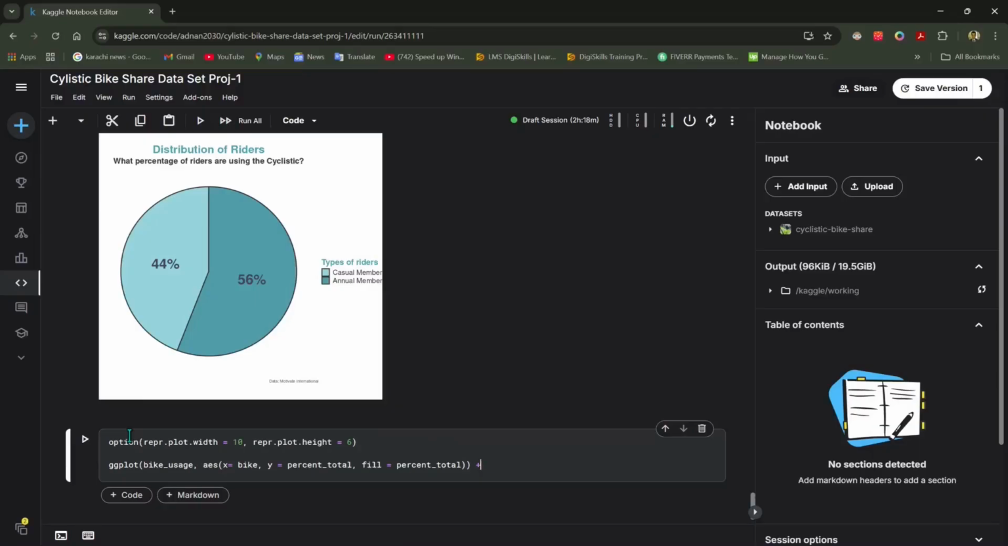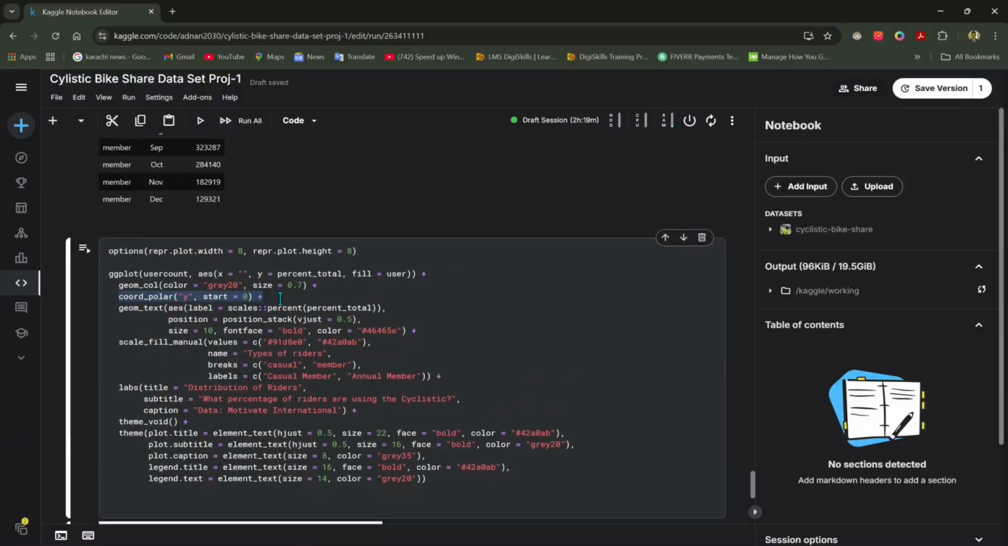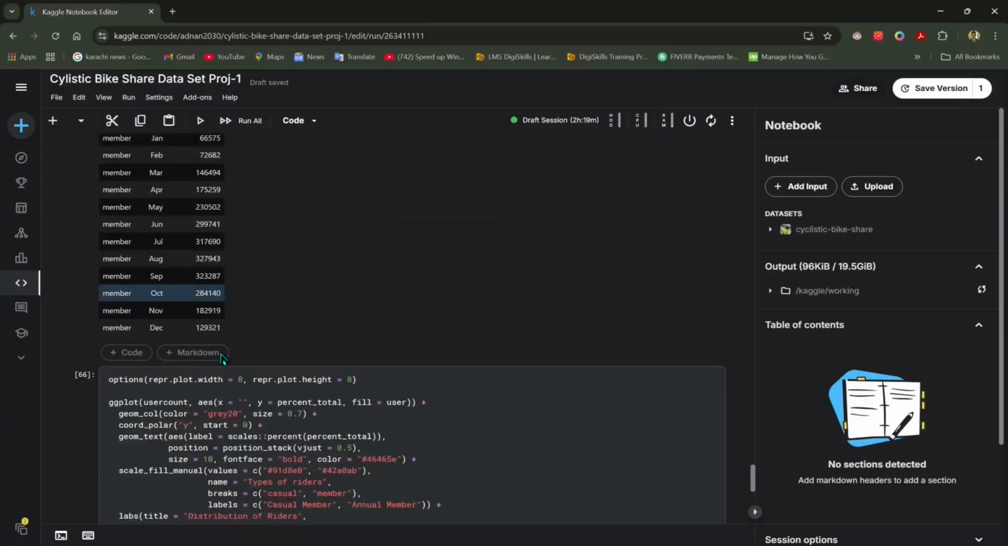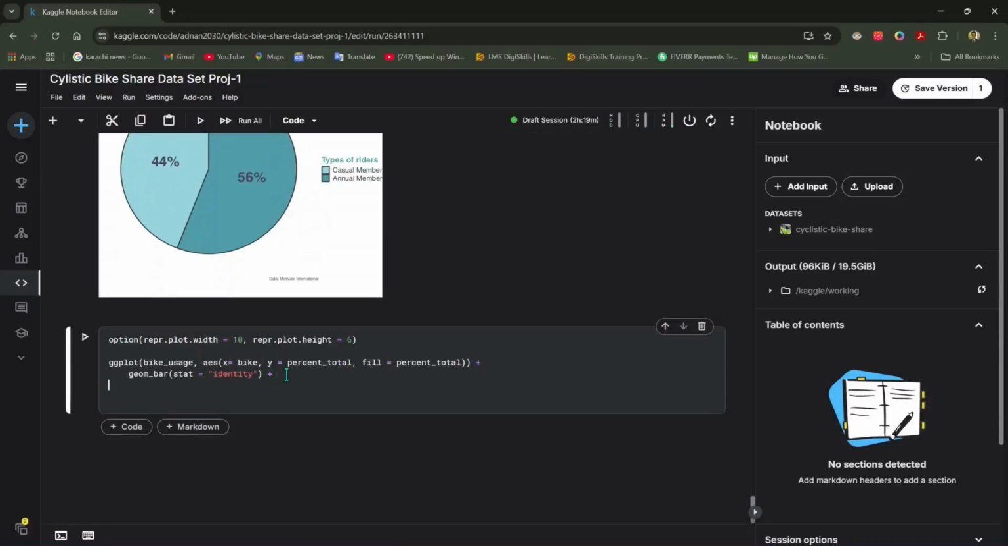geom_bar(stat = "identity") +. Now, as you can see, we are not going to use this coord_polar function because we don't want to wrap it around. We want the bar chart. For pie chart, always remember that we use this function as per best of my knowledge. So now